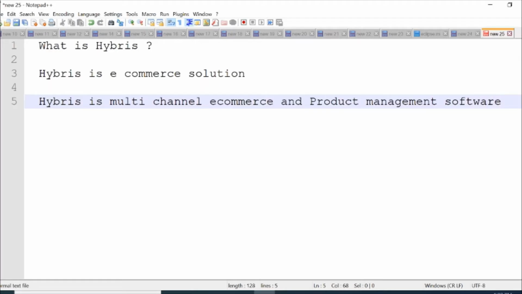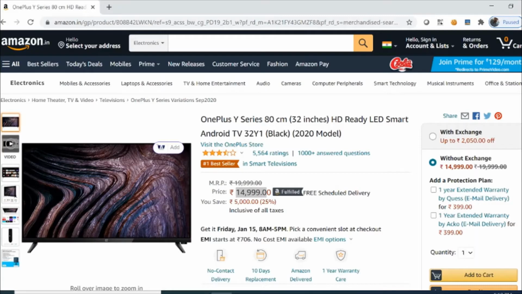So now you have understood why I am saying Hybris is a product management software, because through Hybris you can change the product details at runtime. So Hybris provides us a separate cockpit, which is PCM, product content management. So through that cockpit you can do all these things. We will discuss this in detail in subsequent chapters.